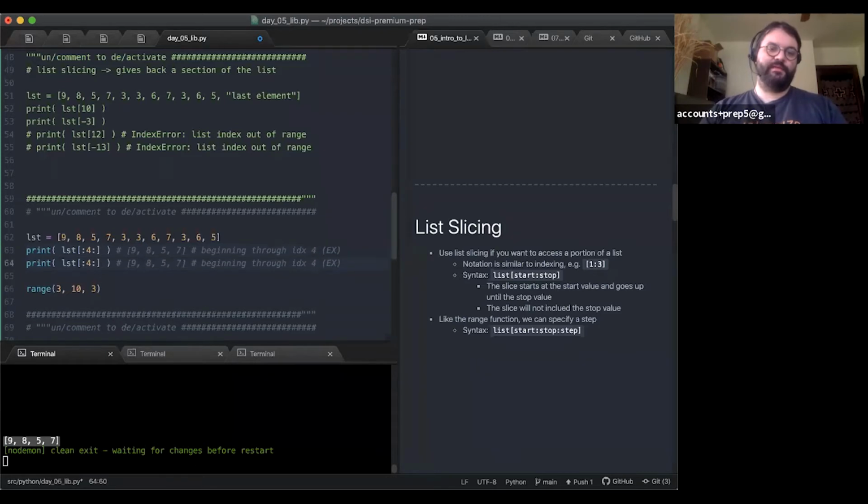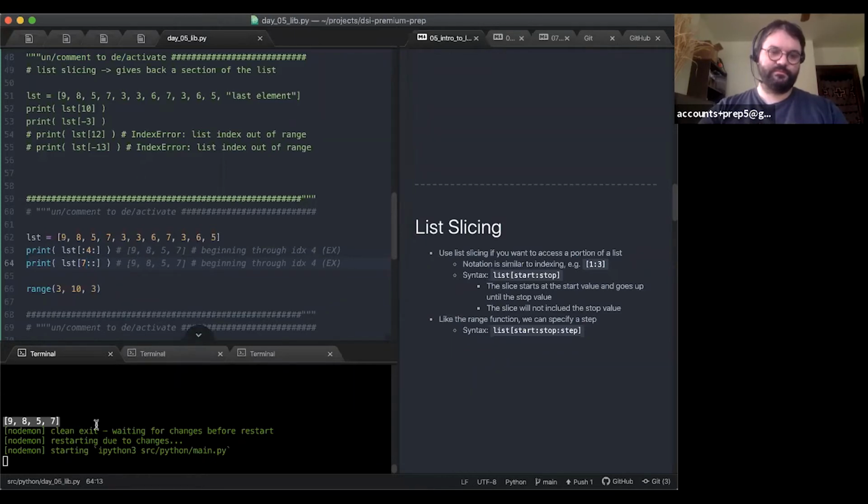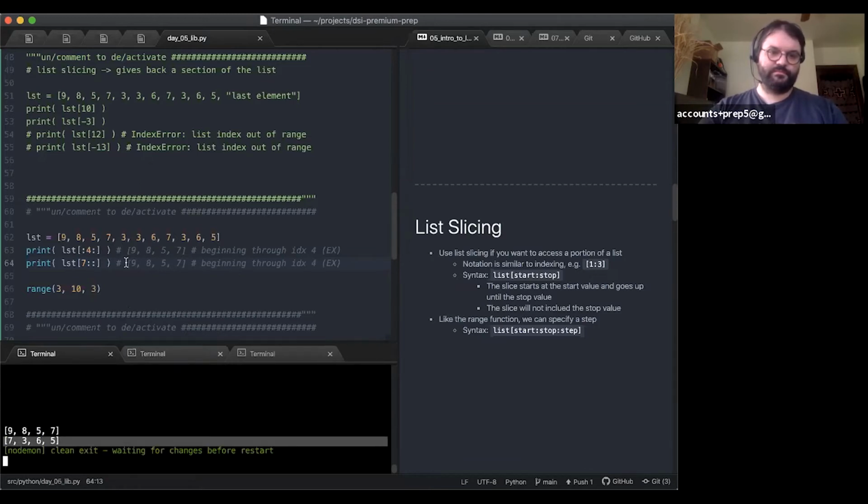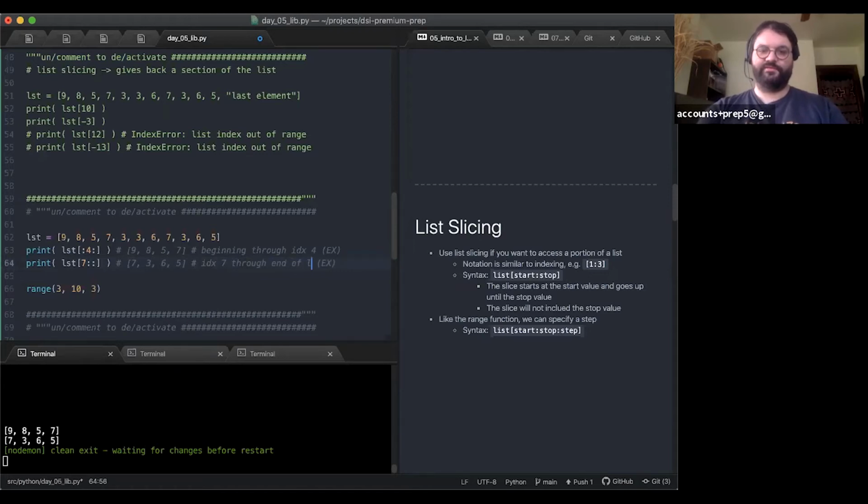And then let's do index 7, how about that? So that'll give me this, which starts at index 7 through the end of the list.